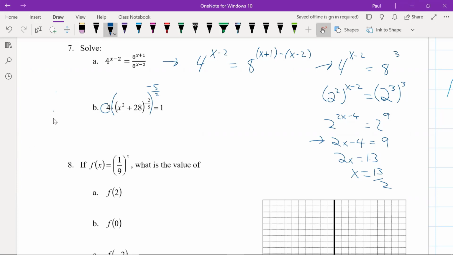So you just want to have a base to a power on one side, right? And you don't want anything in front of it or being added to it. Get rid of all that. So you just want the base. So let's divide through by 4. And then we have to raise that to the minus 5/2 also. All right, so good. So we moved the 4 over, and we have raised both sides to the minus 5/2,